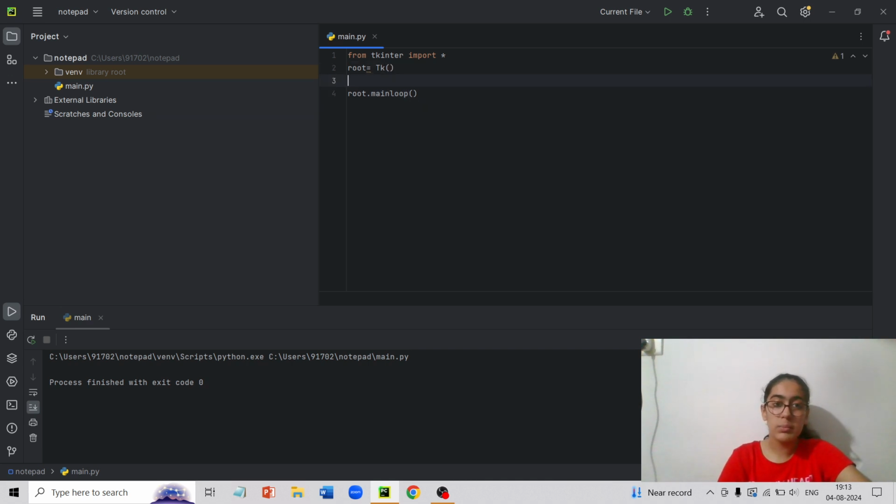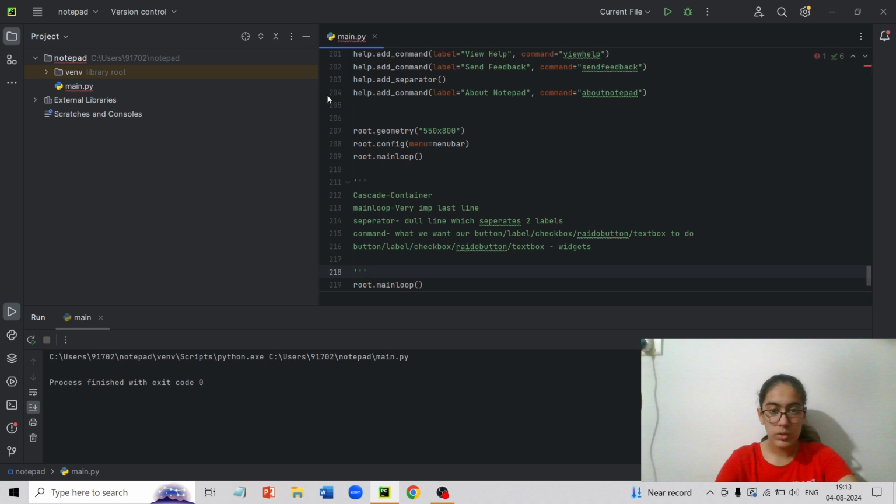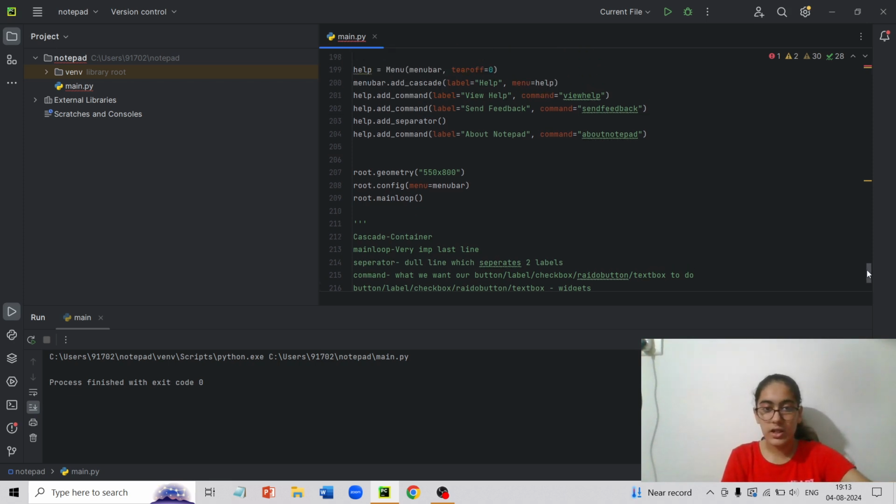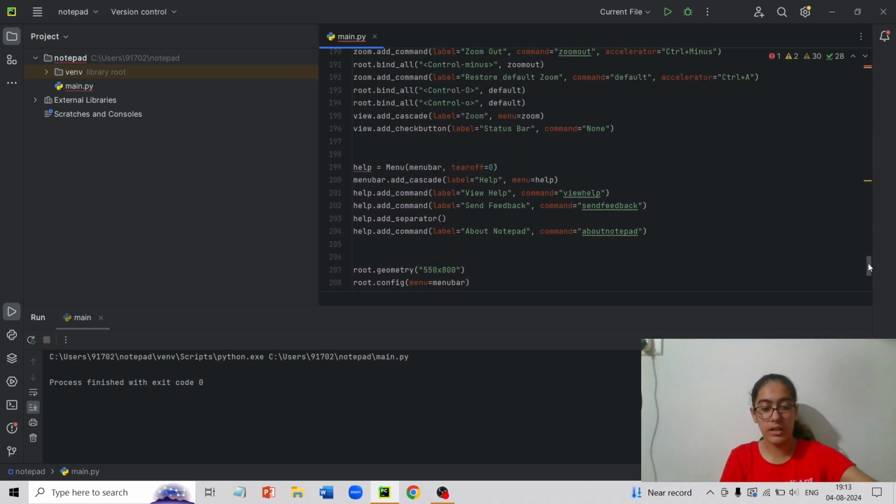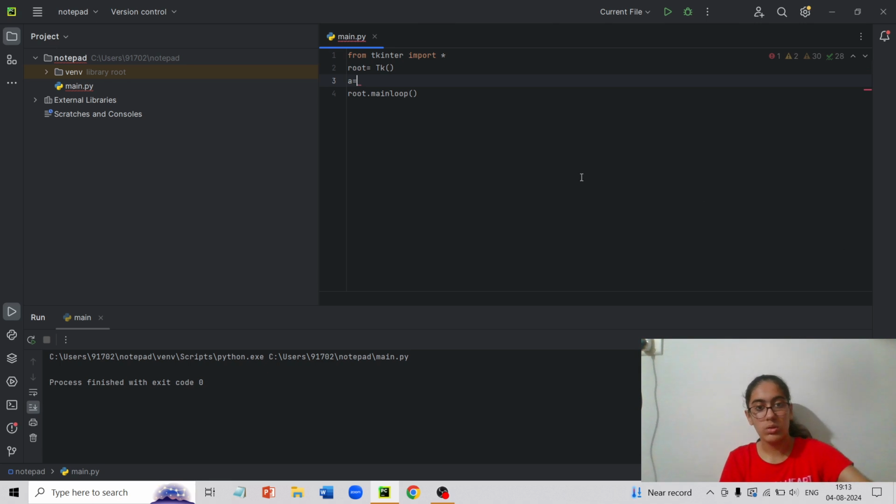So over here in the middle, I'll be writing root dot. No, I'll be giving a variable. I'll be adding a separator. So not a separator, I'll be adding a check button. So a equals to root dot.